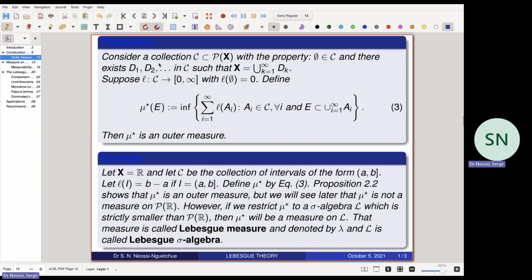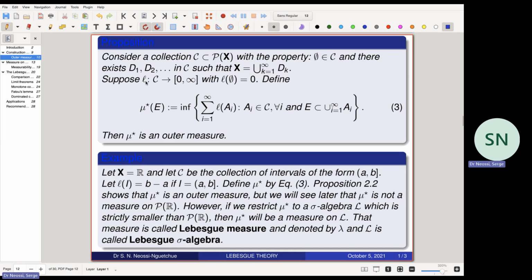First of all, we consider a collection C, a subset of the power set of X, with the property that the empty set is an element of C, and there exists a sequence in C, D1, D2, up to infinity, such that X is a countable union of D sub K, where K runs from 1 to infinity. If we consider such a collection, we can now define mu star of E